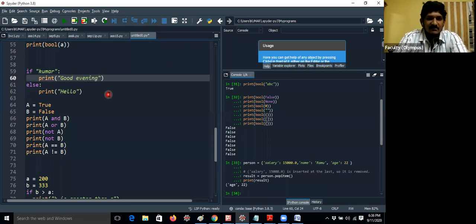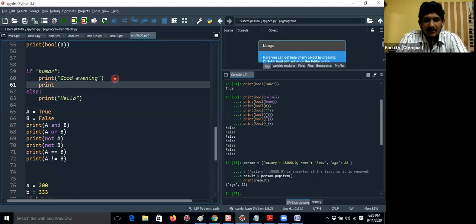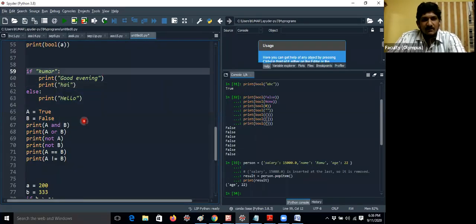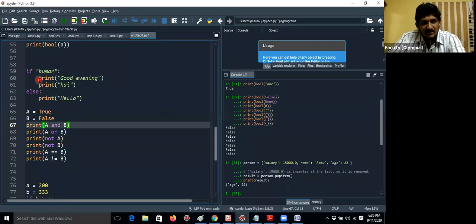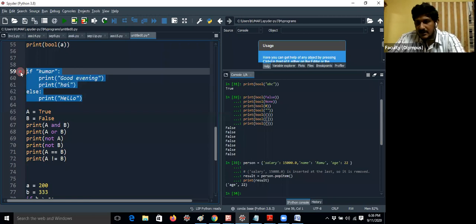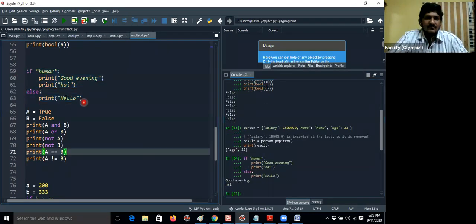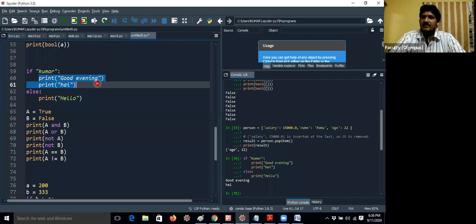It's just a message in the if condition. Tomorrow I will explain more. If I give print hi here, it will execute both, because whatever you write inside the curly braces will be printed. Now I am running this, and I am getting good evening and hi also. That means this block will be executed. That is the reason I am telling. Okay, Soumya, clear, thank you.